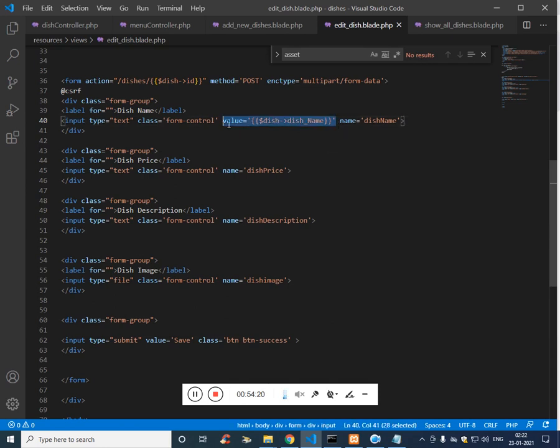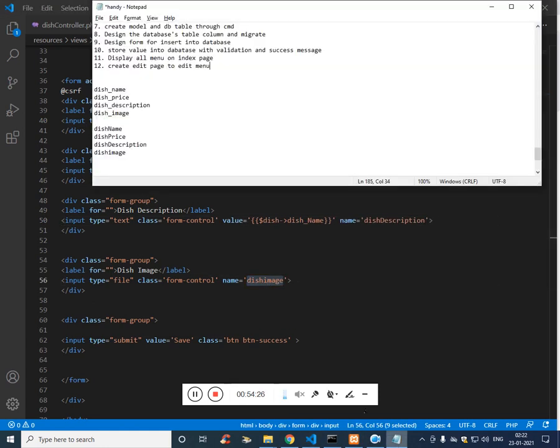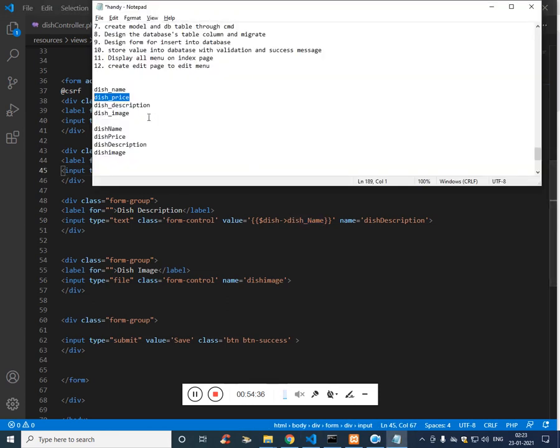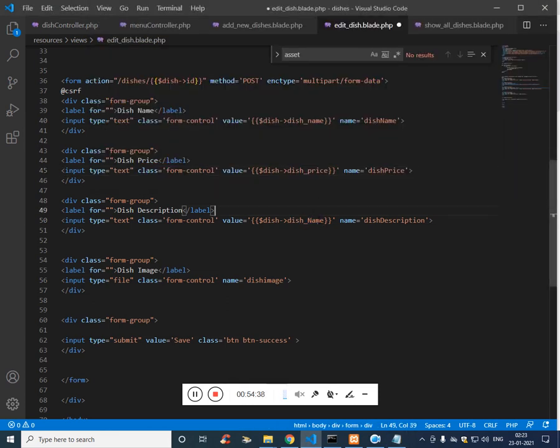We'll copy paste it in a minute. So let me copy paste this in all the fields. We'll leave the dish image as it is. The column name, dish price, dish description. Fine. Once I click on submit, the value will get into the corresponding function.